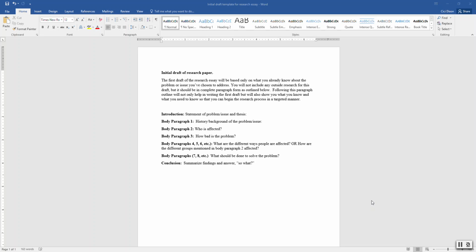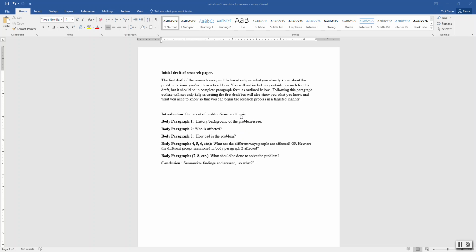in complete paragraph form, following this outline here. So you will have multiple paragraphs. Now, some are going to be longer than others because you're not going to necessarily know all the information, which is why you're going to do research. So, but I do want you to